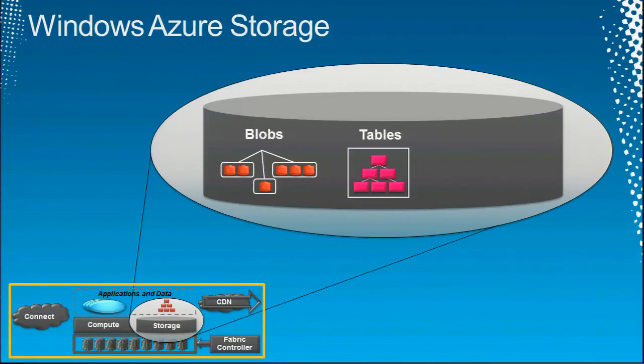And the third option is queues. I know, queues aren't storage, are they? But nonetheless, queues are in Windows Azure Storage because that's where they're implemented. Queues are what they sound like. They are a way to communicate via messages. And perhaps the most important way queues are used today is to let web role instances talk to worker role instances. They talk via queues most often.